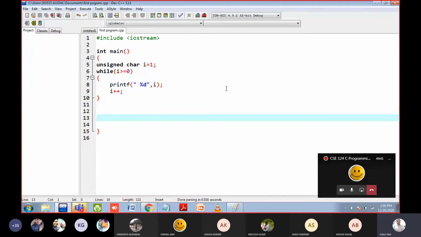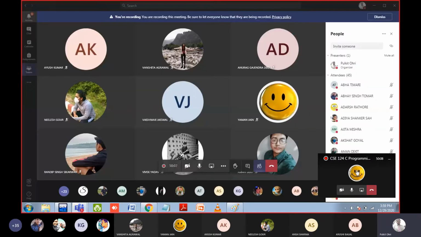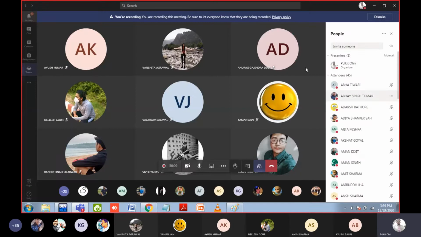So here also in the unsigned integer or unsigned character, when you reach the last value 255 and you do the increment operation, it will not become 256. It will go to 0 again. I hope it is clear. So option number C is the answer.